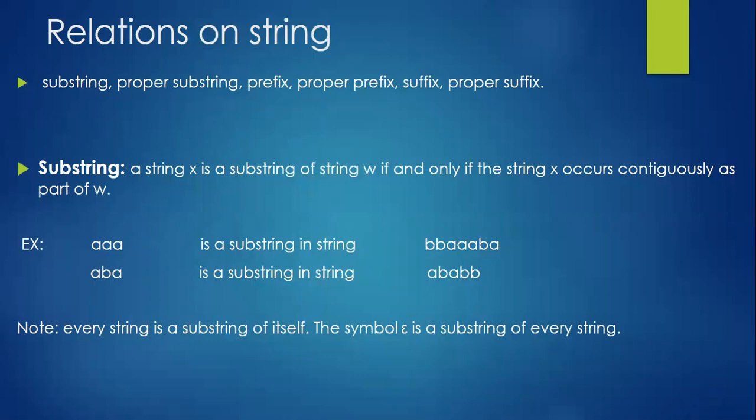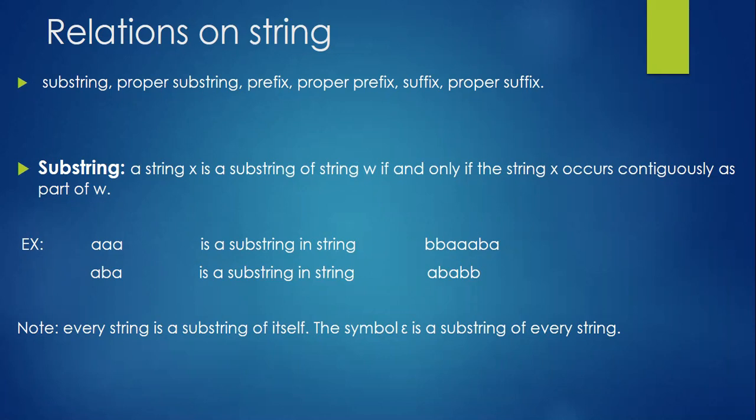Fine. So under this, in total 6 different subtopics we have. This is very important. It is a 6 marks question. They are substring, first one. Second, proper substring. Third one, prefix. Fourth, proper prefix. Then suffix and proper suffix. So questions will be, with an example, explain the concept of substring. Then you need to define what exactly substring is, and you need to prove it with an example. Okay, so we'll go through this.